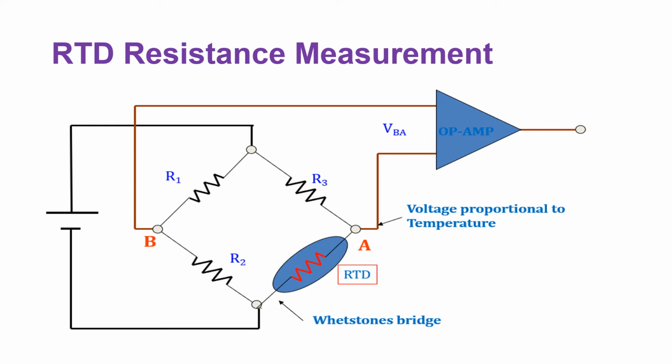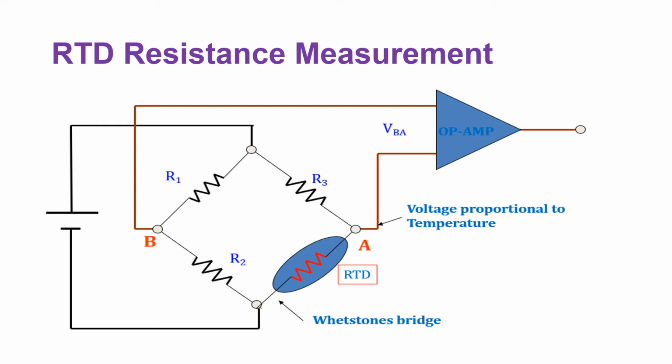Now, in the construction of the Wheatstone bridge, the external power source is connected. Then it consists of a total of 3 resistances, that is R1, R2, R3, and the fourth resistance is nothing but the resistance of RTD. The values of R1, R2, R3 are the same, but the value of the resistance temperature detector or RTD will change. Now your Wheatstone bridge will work in two conditions: first is balanced condition and second is unbalanced condition.